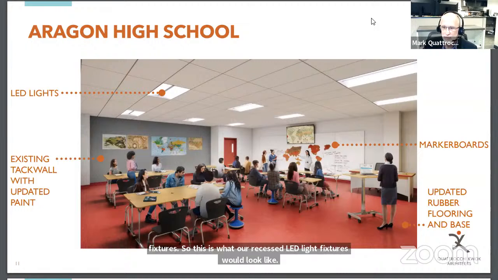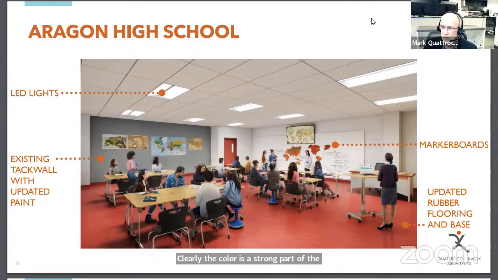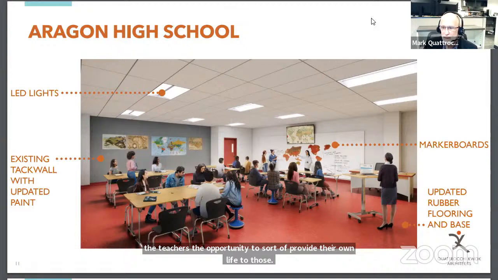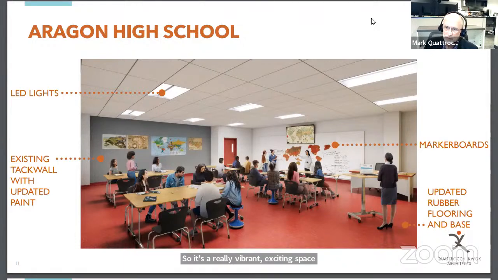Clearly, the color is a strong part of the floor. So this is a rubber floor. It's a highly sustainable product, very easy to clean, readily renewable. But I've worked on Aragon for a long time, and that Aragon red is a big part of the pride of that school. And so our design team felt like embracing this as part of the color within the teaching spaces. But then notice where the tack wall is, which is a refurbished tack wall, using more muted neutral color, and then the rest of the walls being left white, giving the teachers the opportunity to provide their own life to those. So it's a really vibrant, exciting space, but still with enough muted other surfaces to provide